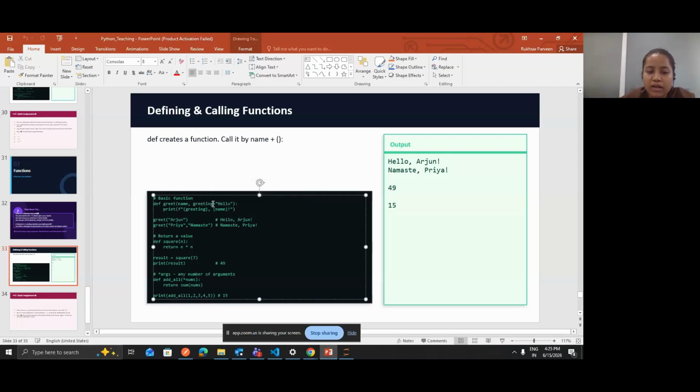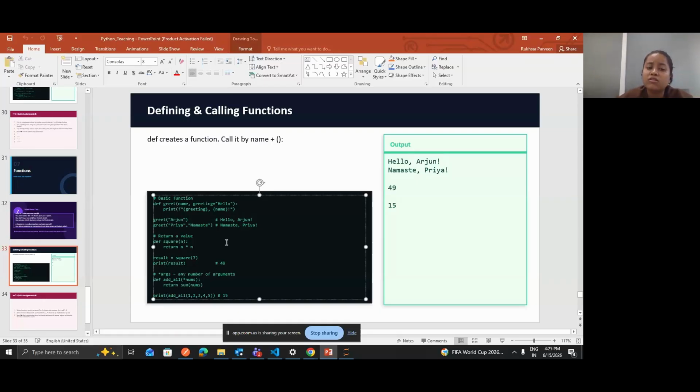Now you might ask why we have this equal to hello. It means we are giving a default value. If I'm calling this function from somewhere and I am not passing the greeting, by default it will pass hello inside the greeting variable. Since in the name variable we are not giving any default value, it is a must parameter.